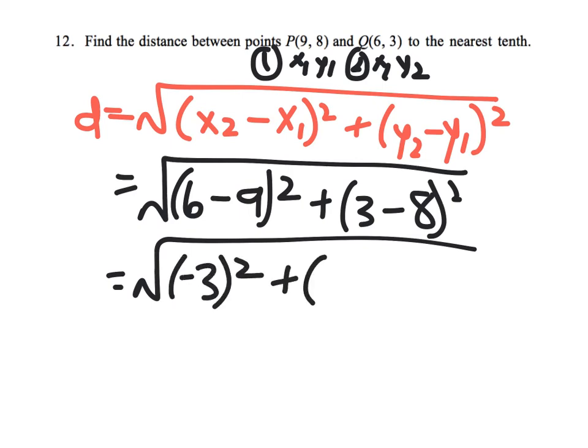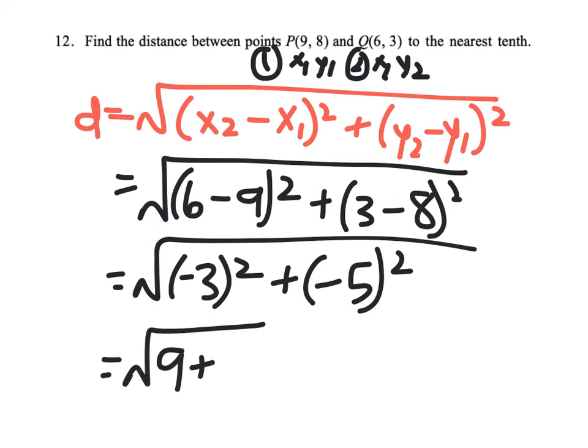Plus, if I do 3 minus 8, I get -5, and we're going to square that. Make sure you square first. If I do -3 squared, I get 9, plus -5 squared gives me 25. Remember, your negatives go away, so they should both be positive. And if I do 9 plus 25, I get the square root of